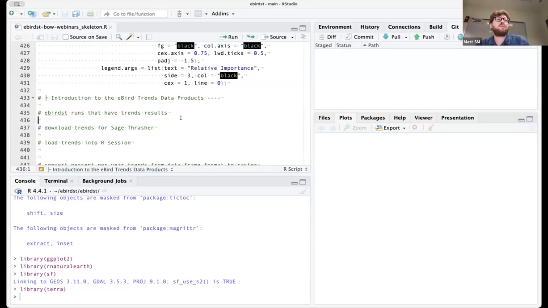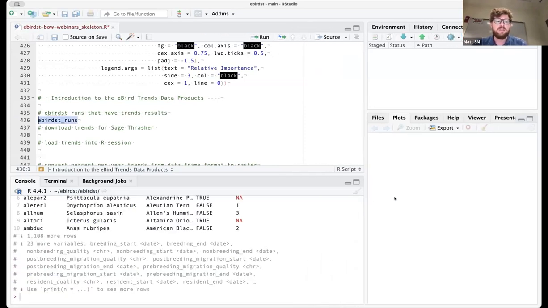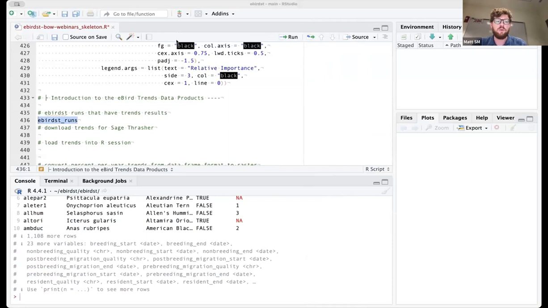So if you remember from, I guess it would have been the first webinar, the introduction, I showed you this ebirdst_runs data frame. And it's a data frame that shows you a full list of all the species for which we have eBird status and trends data products.